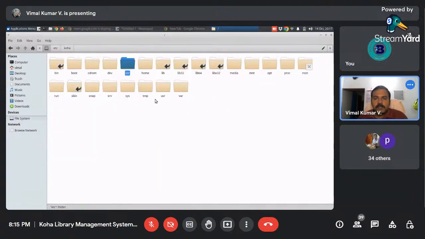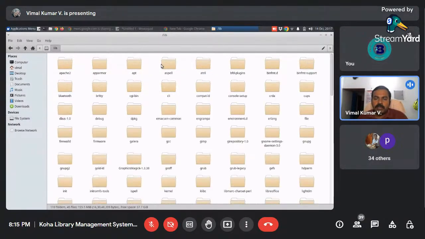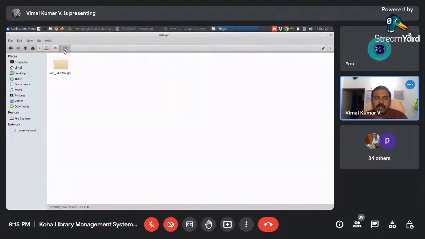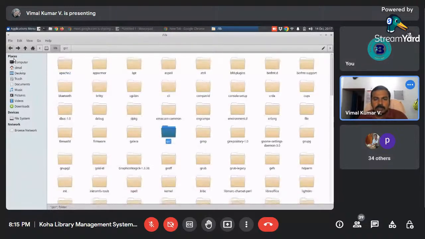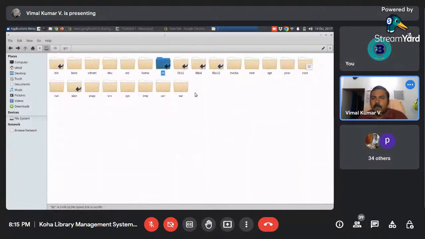Next is lib, library files. Some library files are associated with the various software. For example, GCC, that is the C program library. Then OPT